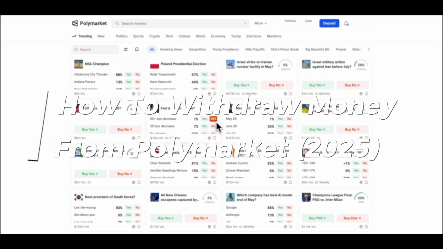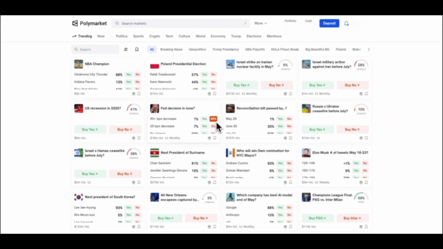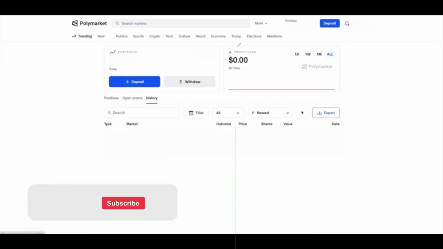How to withdraw money from Polymarket. So first, just go ahead into the cash section over here, and you should be able to see the withdraw option. So to withdraw, you're gonna have to have money inside your Polymarket, of course, but once you press on